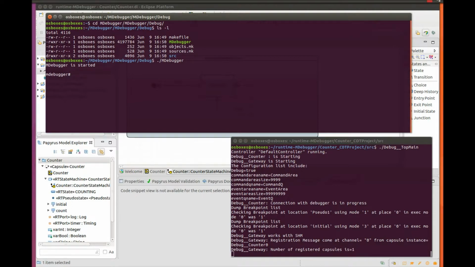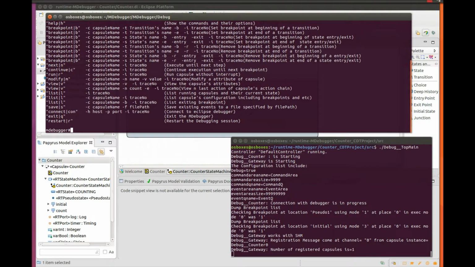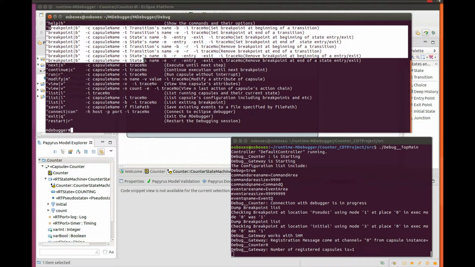Now, mDebugger provides the user with a set of commands that can be used to do classical debugging operations on the currently executed model. The first command is help. Using the help command, we can see the list of the commands that can be used to debug the system. We have commands to list, set and remove breakpoints.